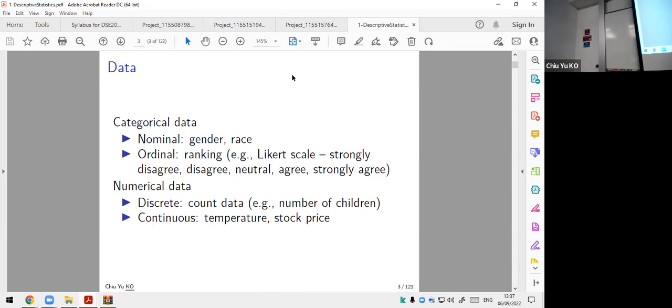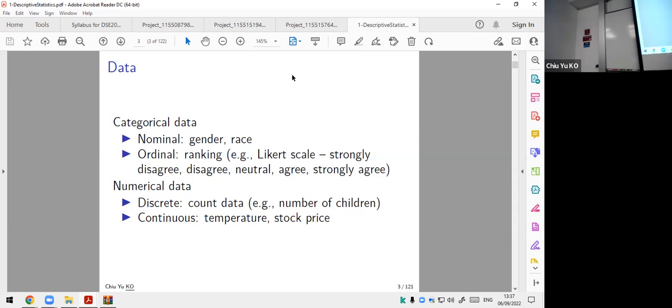These are data that are just male or female, or whether your race is Chinese or Japanese or Korean or whatever. When we have data, maybe you put a number 1, 2, 3, 4, 5, but these numbers are meaningless. Don't try to compute the average race, or average gender, or median gender. You cannot compute those. Those are meaningless.